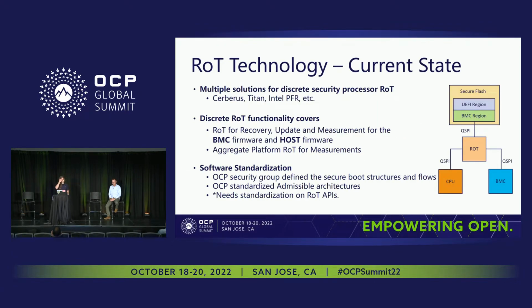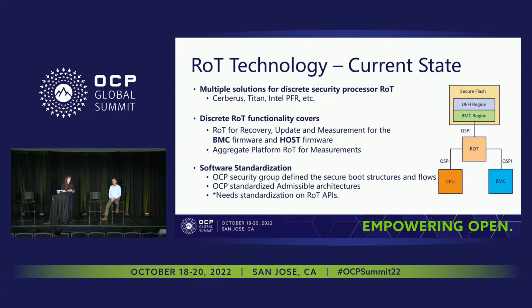So the current state on root of trust technology: I think in 2016, we came out with a discrete root of trust to provide the root of trust functionality. The industry is very fragmented on the implementation of security at the time. And there were many solutions out for a discrete root of trust on a motherboard. We heard talks on Kirkland earlier today around some of the challenges presented with discrete solutions. But the functionality that's ultimately covered is the root of trust for update,